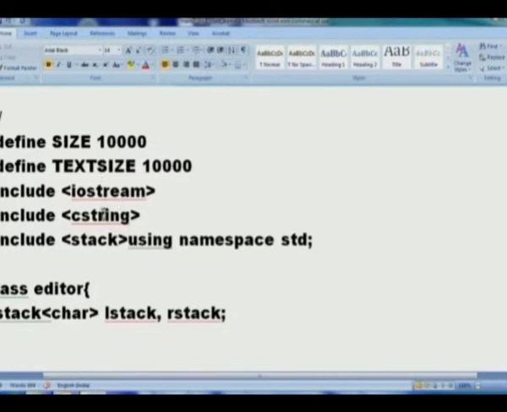Include iostream, etc., etc. Remember, these have nothing to do with limitations of my stack sizes, because my stack has practically unlimited capacity now, since I am going to use the standard template library. But these are the limits which I am imposing on my editor class. So my editor will not be able to handle more than 10,000 characters. Of course, I can make it 1 lakh, I can make it 10 lakhs, 1 million. 1 million characters will be generally more than any textbook that you can have or a storybook that you can have. So you can actually edit the complete book.